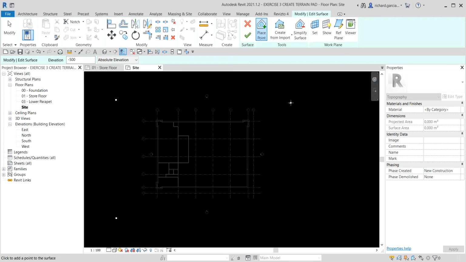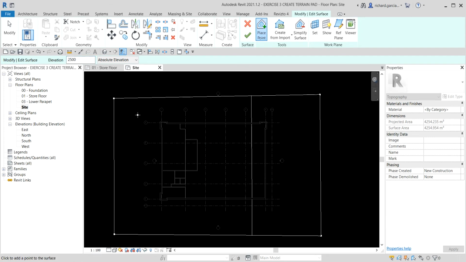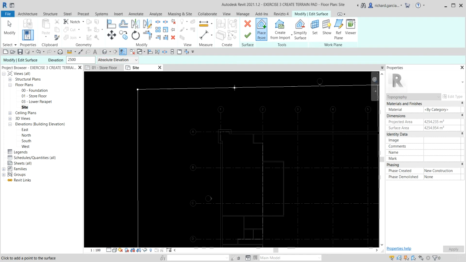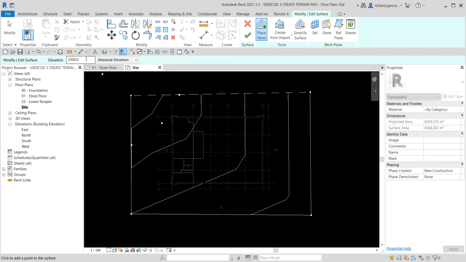And then I'm going to add 2 points again. So I'm going to pick one here. 1, 2. Okay, and then I want to add another point, but I want to change the elevation to 2500. Okay, and then I'm now going to add more points. So let's say from here, 1, 2, and let's say here 3. Okay, and then I want to add more. So I change this to 1000 again, 1000, and then I'm